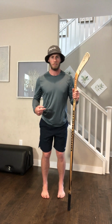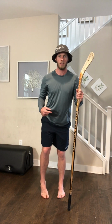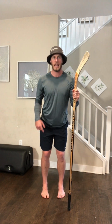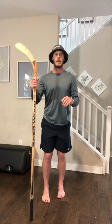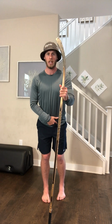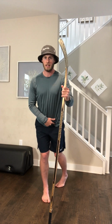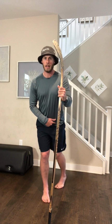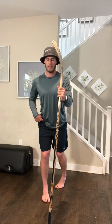We always want to be on the balls of our feet, pressurizing through the outside blade of the foot and through the balls of the feet, never pressurizing down through the heel. So when we get into this drop-in, I'm going to take my left leg, slight split stance back, heel is up, I'm playing on the outer blade of the foot, and then I'm gonna take this right foot,